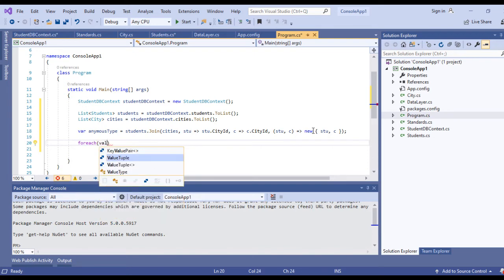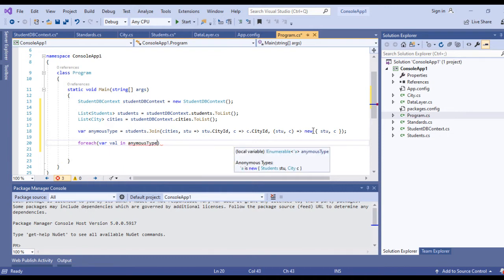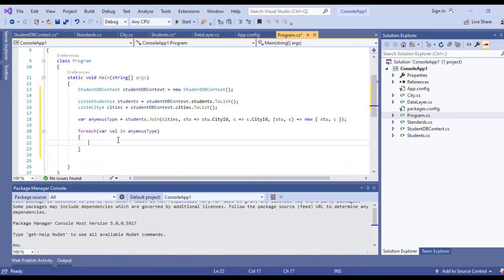So let's loop foreach var in the anonymous type, and in this let's use Console.WriteLine. So let's say Student ID, and we have to use stu, which represents student, dot StudentID, and I want the student's name as well.